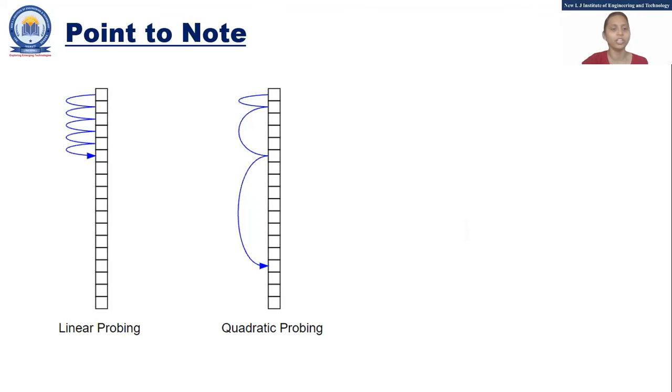This way we end up with the hashing. And for understanding of the linear, you can see this diagram. And for the quadratic, you can see here +1, then after +4, then after +9. Yes or no? So this is giving me different locations, or I can say they are making a big jump. That's why we do not end up with the single cluster. Here it ends up with a single cluster. If something is filled, something is filled, then you can again start filling here, here, here only. So what they are forming is a single cluster. But here they are making a long jump. That's why it ends up with the secondary cluster.